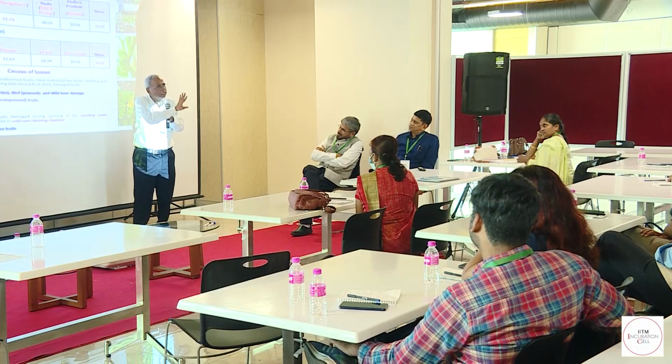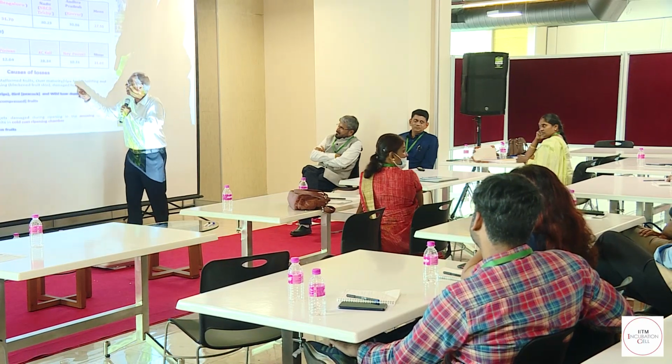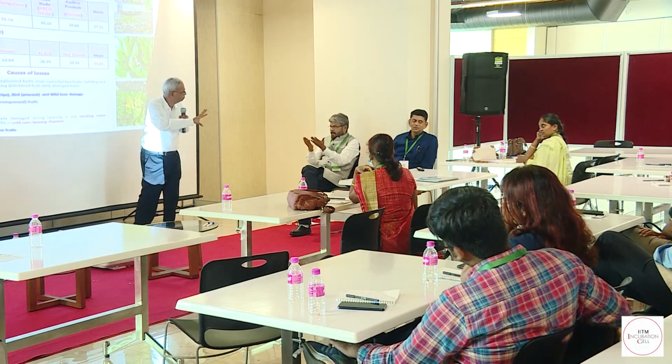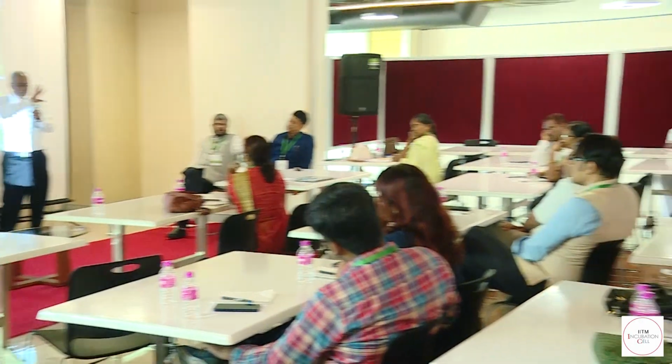Yes, sir. Again, at farm level also, it's a handling problem only. If we properly teach farmers to handle, small and undersized fruits, malformed fruits, these are handling issues. Over maturity and ripeness happen because you did not pick it at the right time. It's a technological problem, sir. If they follow proper technology, these things will be avoided.